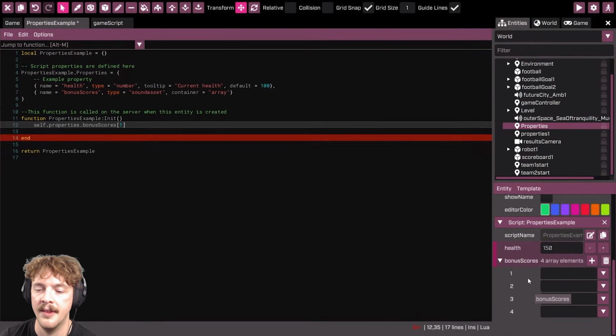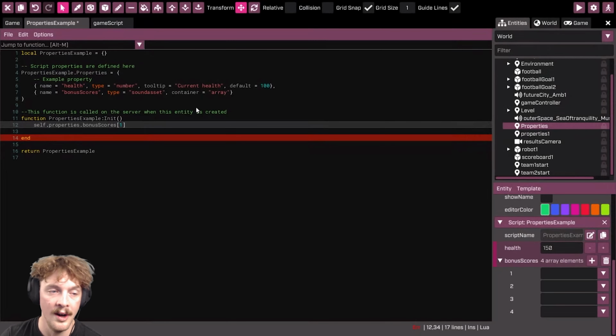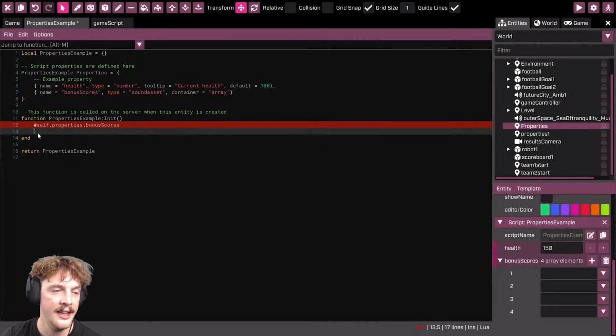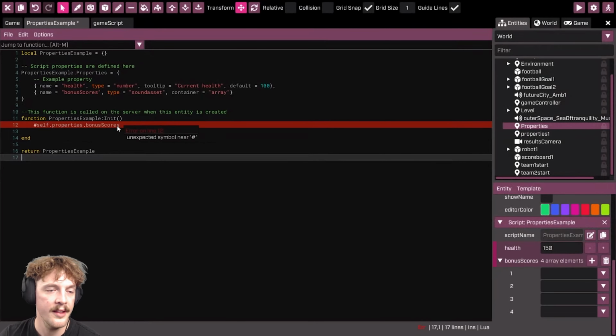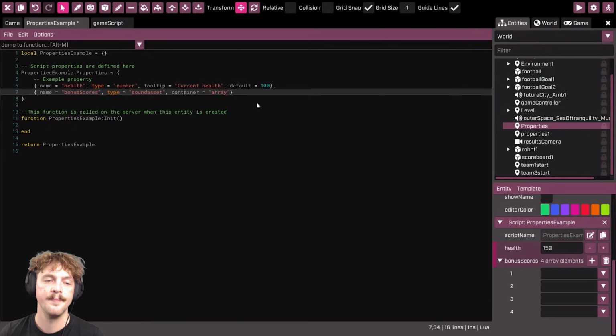Notice that if you program in other languages, you might find that arrays start from 0. In Lua, arrays start from 1. So just bear that in mind that the first item in the array is going to be at position 1. If you want to know how many items there are in the array, that's simply preceding that with a hash. So that's the array container. And that's the types of data.